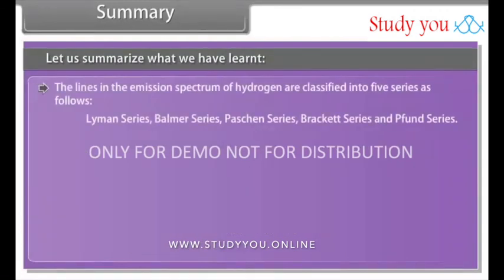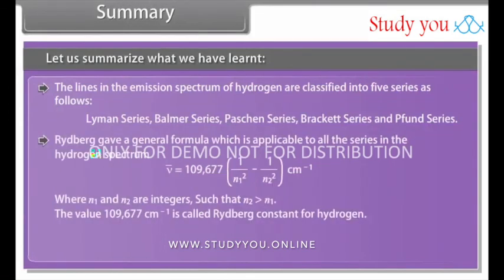The lines in the emission spectrum of hydrogen are classified into 5 series as follows: Lyman series, Balmer series, Paschen series, Brackett series and Pfund series. Rydberg gave a general formula which is applicable to all the series in the hydrogen spectrum. The value 109677 per centimeter is called Rydberg constant for hydrogen. Bohr gives